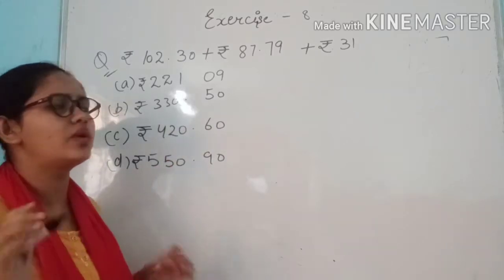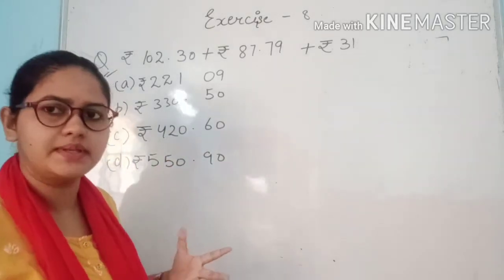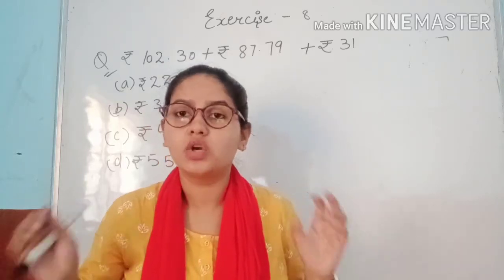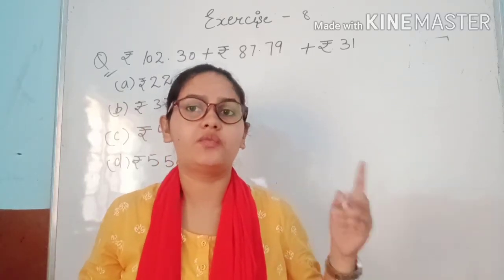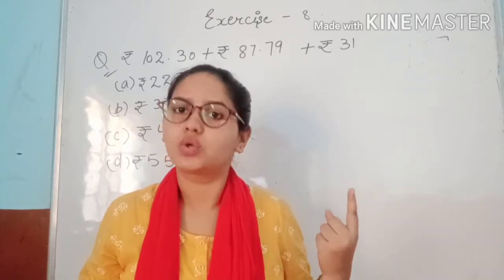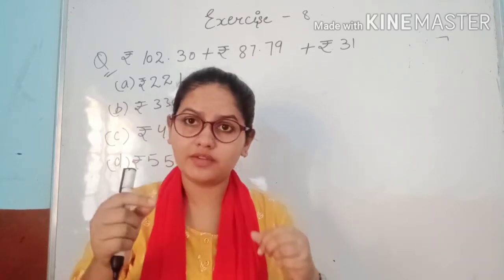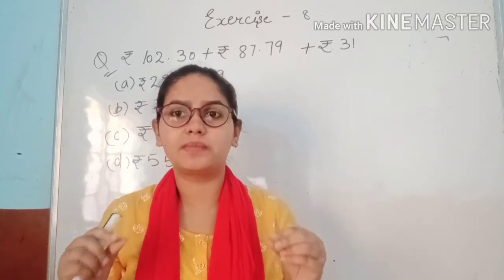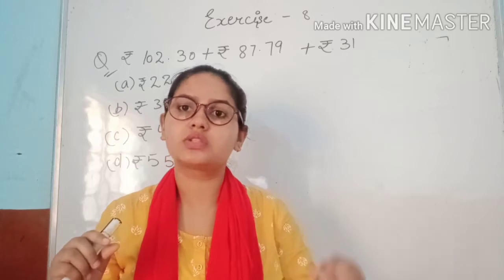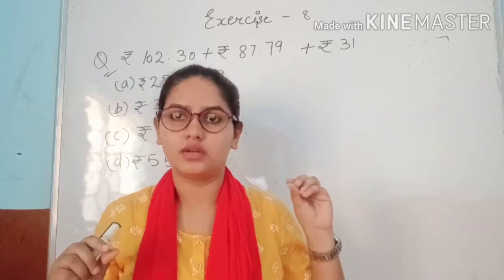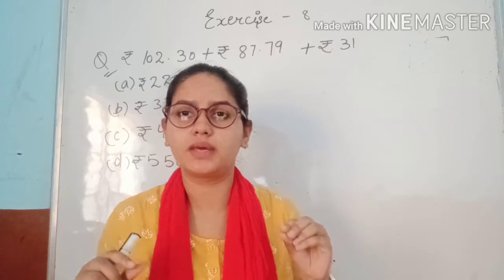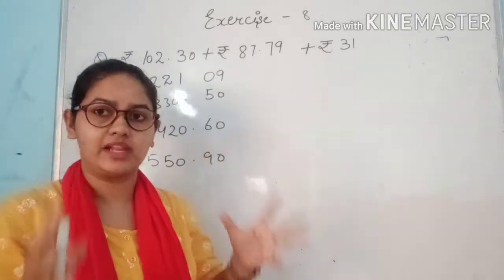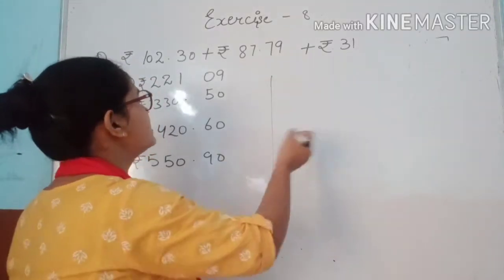So simple, what we have to do, you can do it on your copy. You have only 30 minutes. In 30 minutes you have to cover all your sums. 25 questions are there and 1 mark for 1 question. So if you choose the correct one, you will get 1 mark. This point I always repeat for you, so that you will be careful at the time of your test.